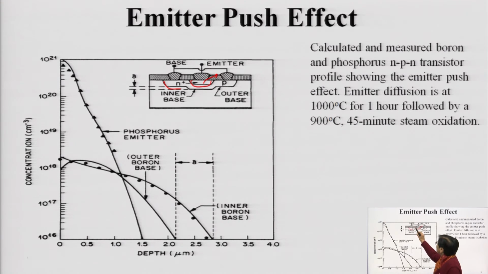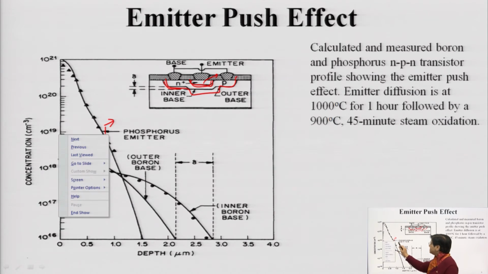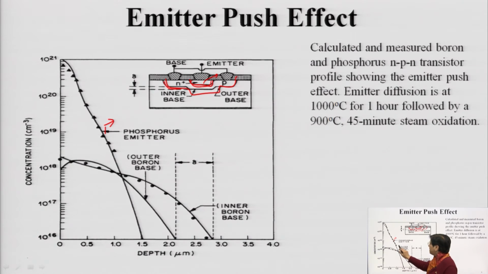Then comes, this is what is exactly being shown over here. This is the region, and this is the emitter region pushing the base region, and therefore, we call it that. This is the kink effect being observed over here, in phosphorus. This is the emitter. Now, beyond this kink, whenever there is dissociation happening,